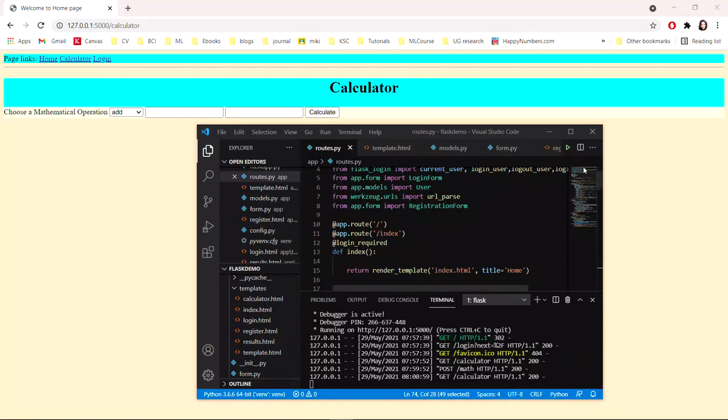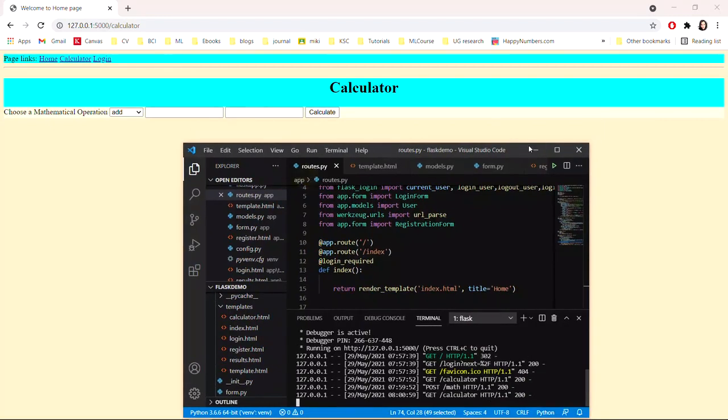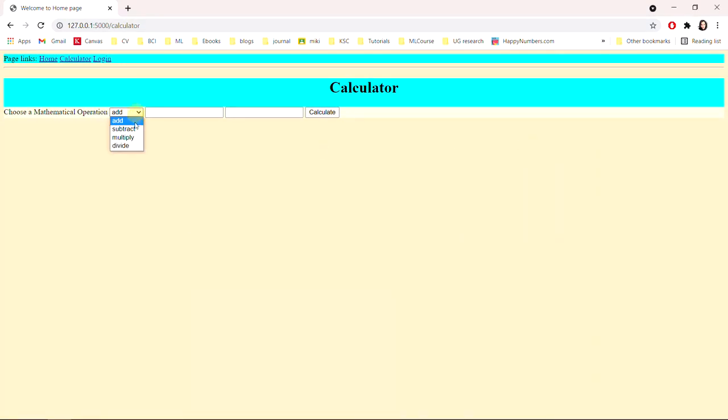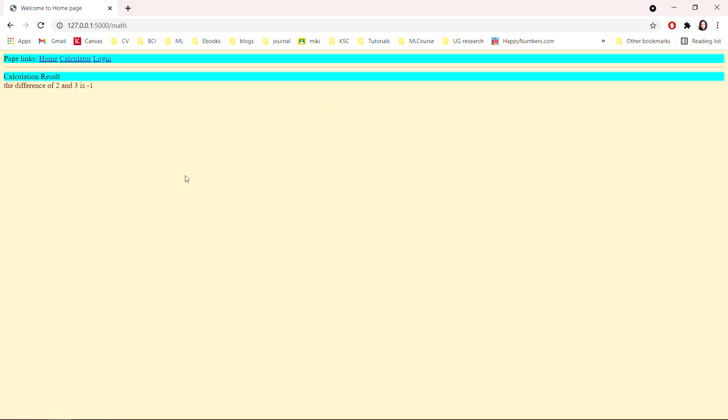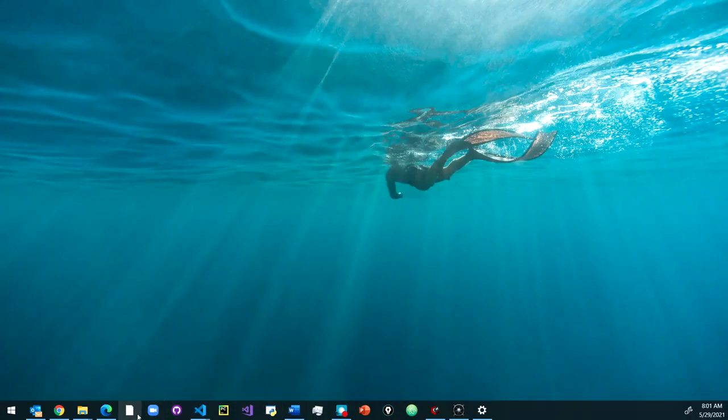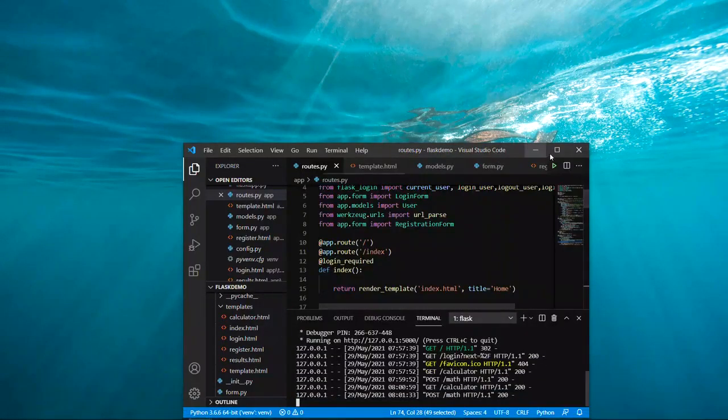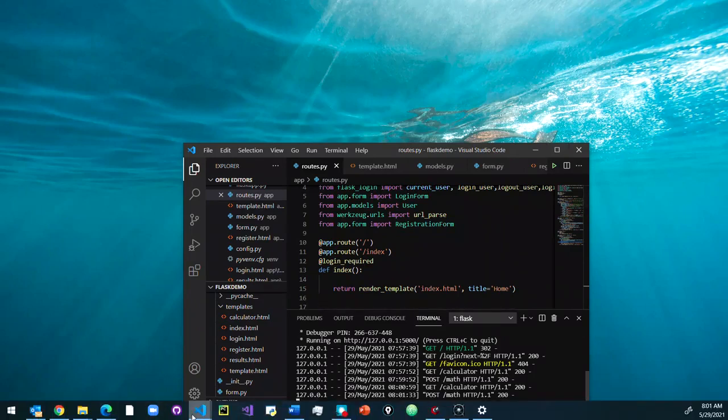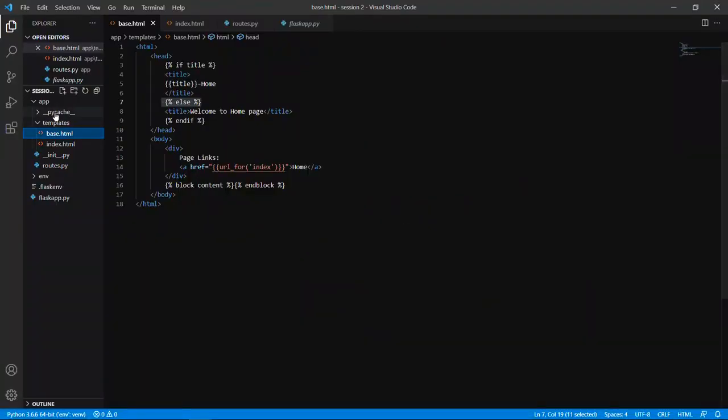In this tutorial, you're going to learn how to add a calculator page in the API that we have been creating. So in the third session, we're going to add a page that can get the values from the user and do a calculation with 4 basic math operations, and then it will direct to this response page with the result. So before getting to that content, let's do a small review on what we have done in